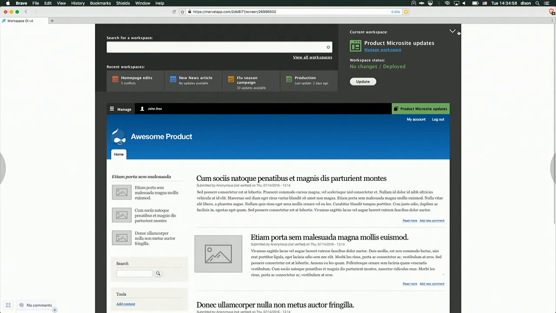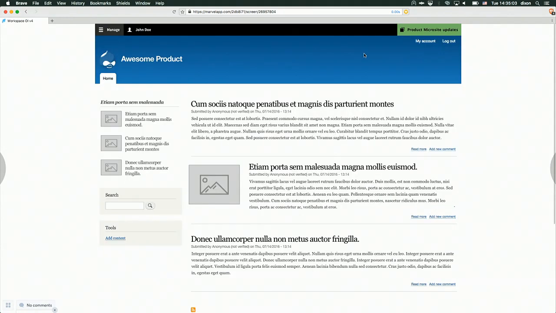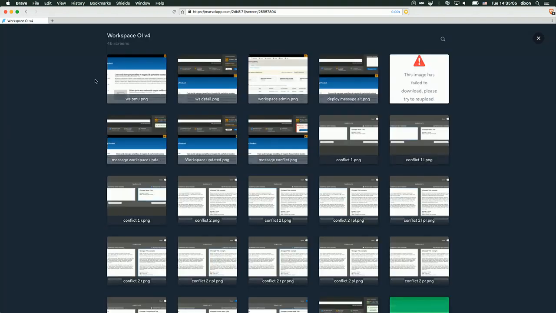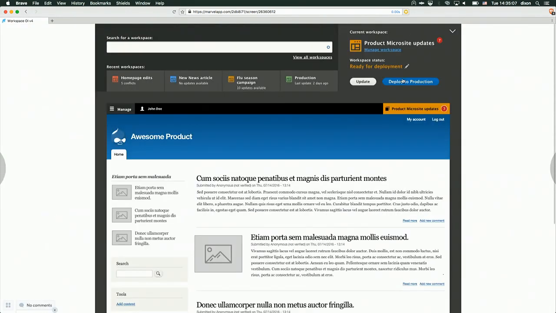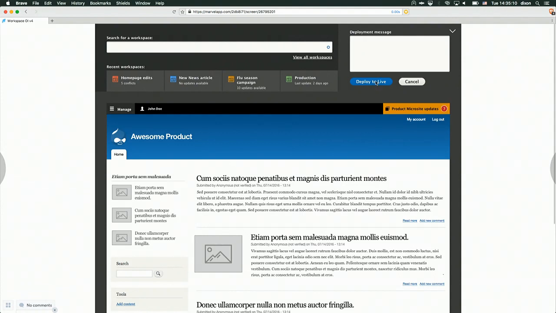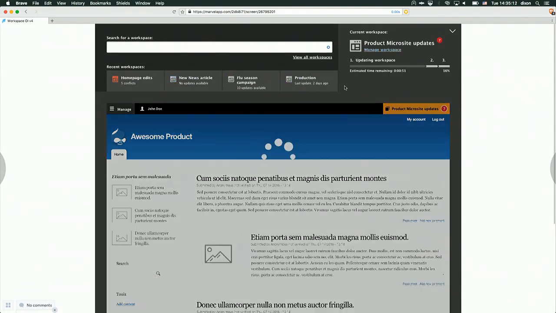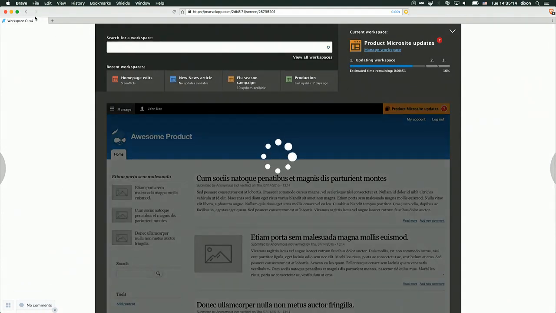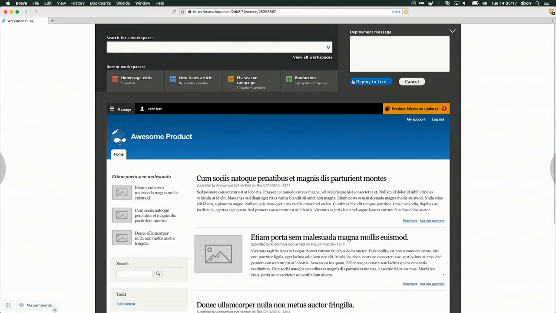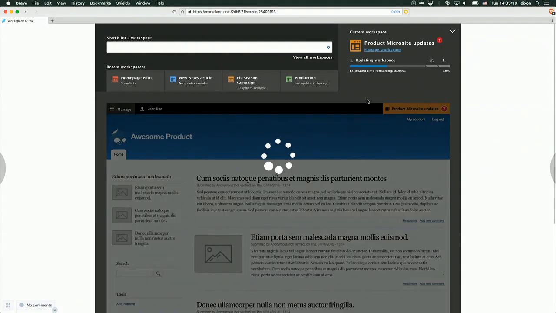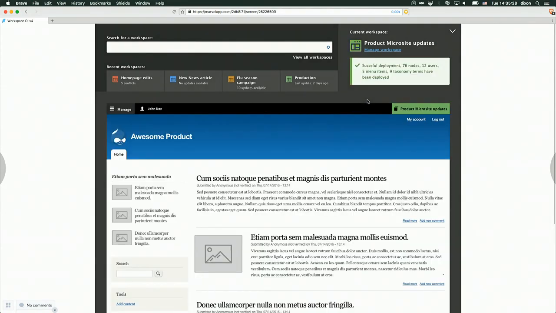All right, we can explore more of the user interface here. If we go back to the beginning, the simpler scenario is just deploy to production. Oops, I'm not sure I picked the right one there. Let me back out. So, just deploying to production without any conflicts is obviously very straightforward. We check for conflicts, there are no conflicts, and the deployment just goes live immediately. That's the simpler scenario.